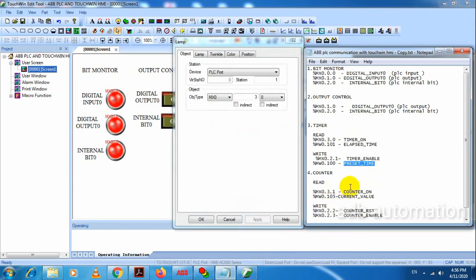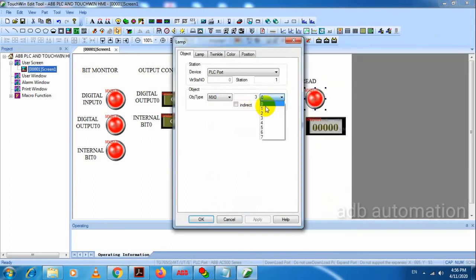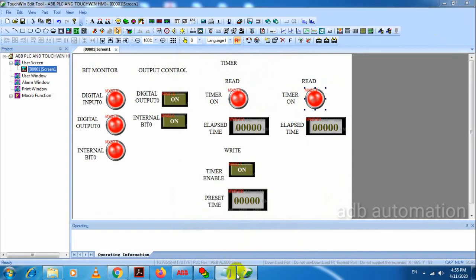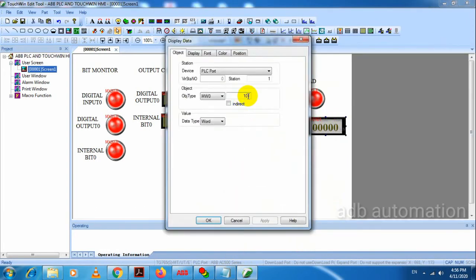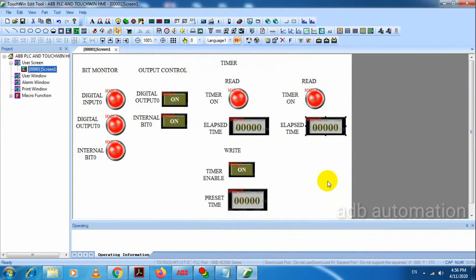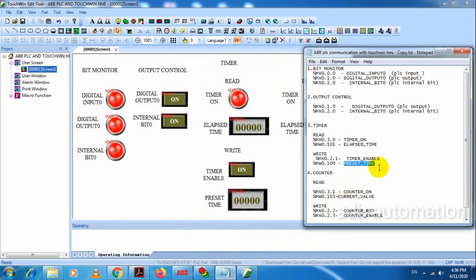Here 3.1. Okay, and wait address is 105. And we'll rename this one.